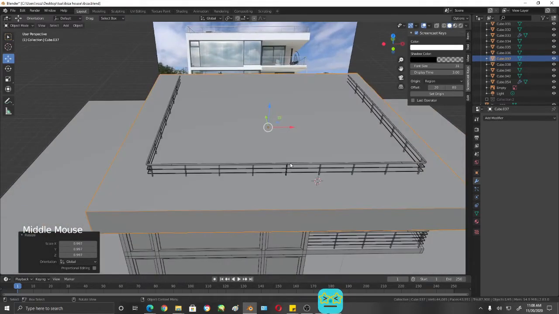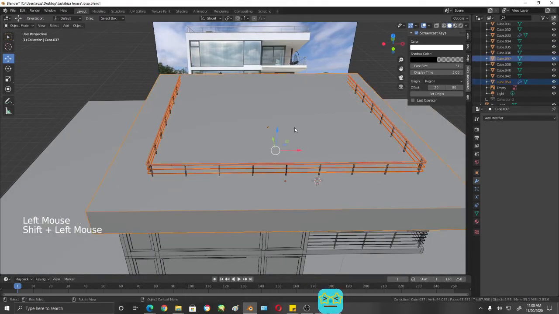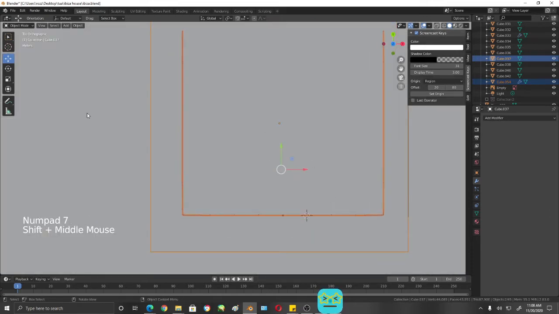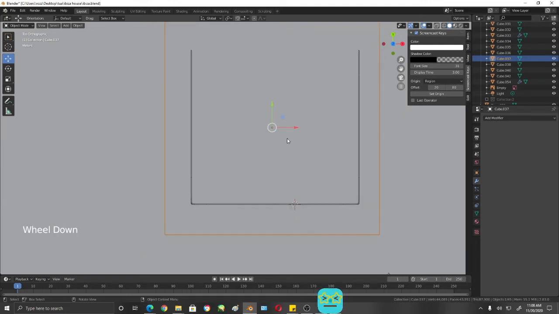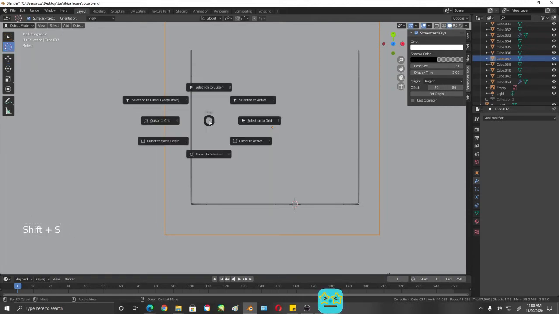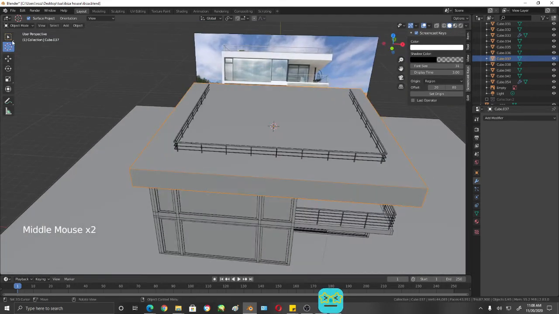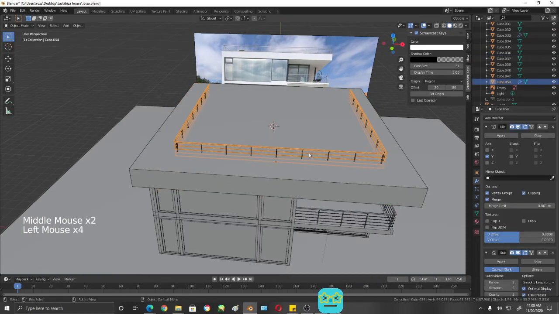Alright. So the center. Alright, so that's the center. So select the cube, then cursor, Shift S, cursor to selected. So that's the center. We're going to use that as a guide to center